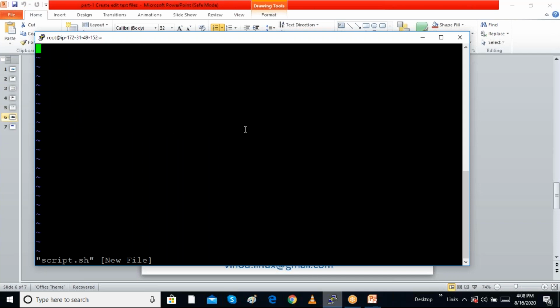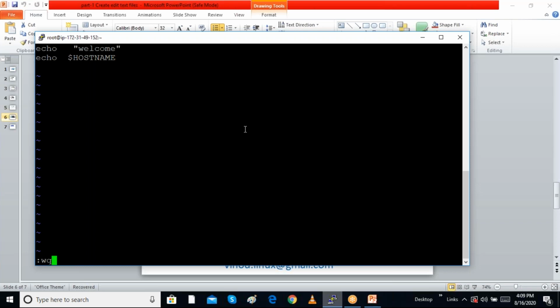I can give echo welcome, which will show the welcome output. Then I want to echo one variable, so I give echo $HOSTNAME, and it will show the hostname variable. So I have given two commands in this script.